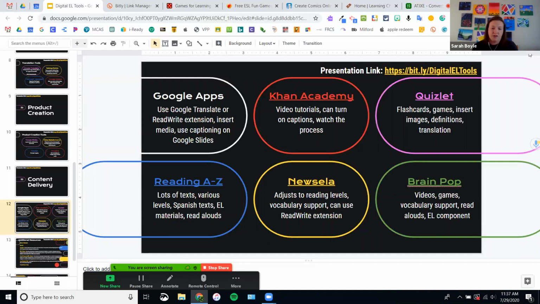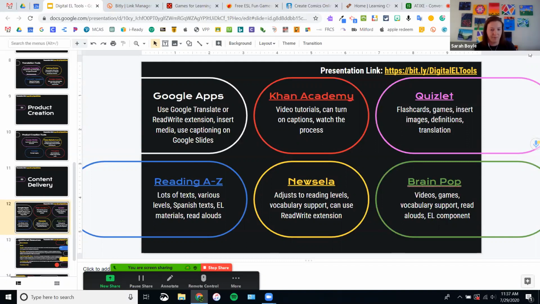Reading A to Z is another great website. There's a couple different components of Reading A to Z. So Reading A to Z is printable materials and projectable materials, things you can use with your interactive projector in your classroom. It also has lesson plans, different things that you can use to differentiate the lesson, printable books, printable resources, worksheets, activities. Raz Kids is the digital books, the things that the kids can read on their Chromebooks or